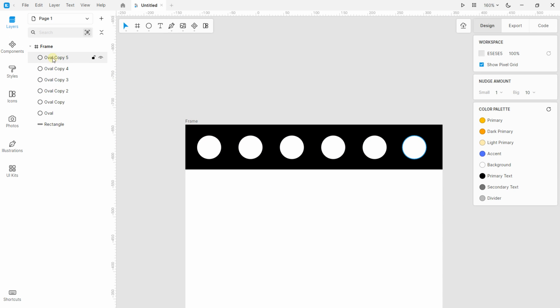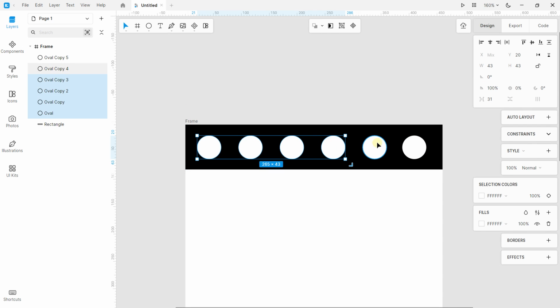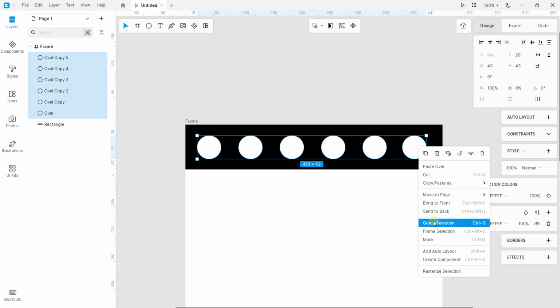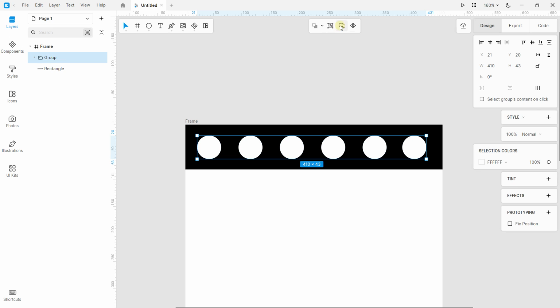So how to create a group? You can see the frame here, we have these different elements. You press Shift, you select the different circles, and to create a group, you can go on the top, Group. You also have the shortcut Ctrl G, or right-click and Group Selection. I can right-click and Group Selection, or as I explained, you can just click here, Group. After this, I have a group on the left.